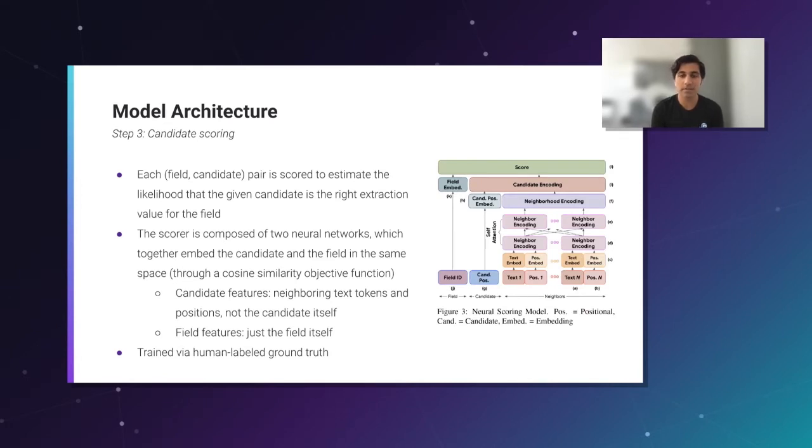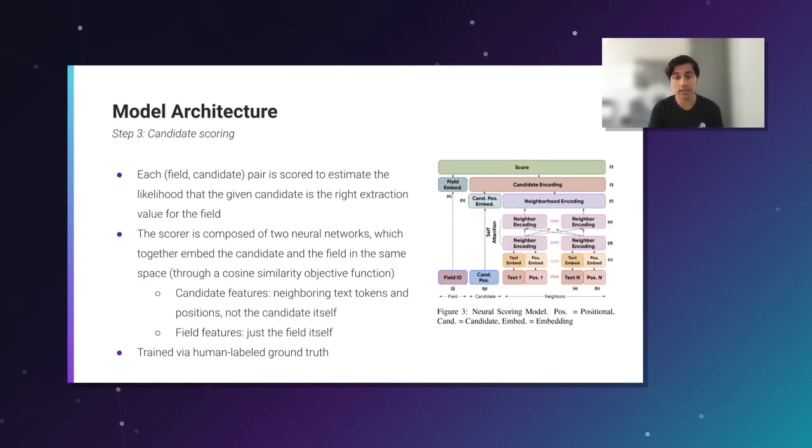So basically the idea behind this scoring model is to embed the candidate embedding and the field embedding in the same space. And obviously it's pretty easy to train such a system. All you really have to do is get a ground truth sample of positive candidates and negative candidates. And then you can train the model with something as simple as cross entropy, because the score is between 0 and 1 after normalization. So the general idea here is, how might you represent candidates and fields in a space